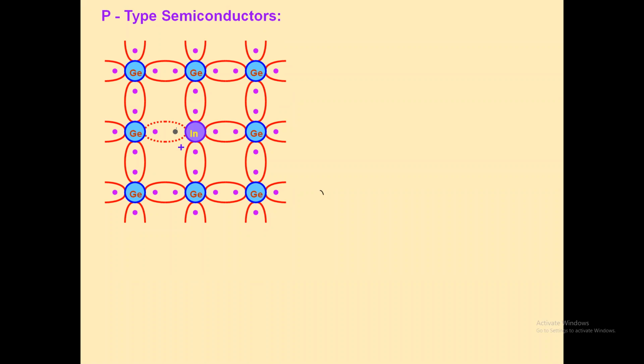Now you can imagine if a very small amount of trivalent impurity is added in a pure semiconductor, a large number of holes are created in the crystal structure. And as a large number of holes are created, it means that its electron accepting capacity will increase. In this way, its current conduction capacity is also increased. And another thing is that due to the thermal energy, room temperature, a few covalent bonds are breaking. That process is normal in both types of semiconductor, and a few free electrons are generated.